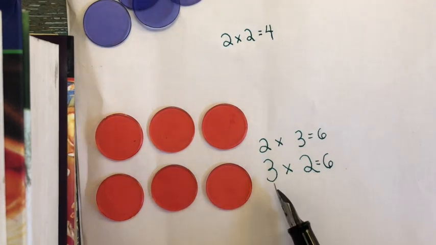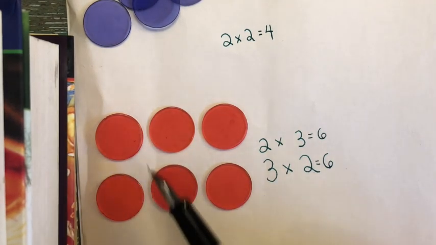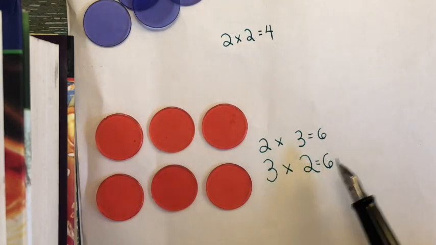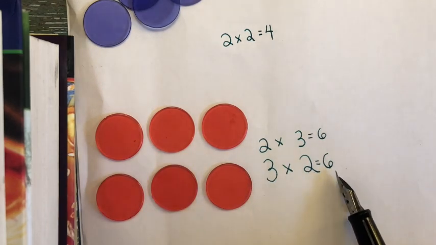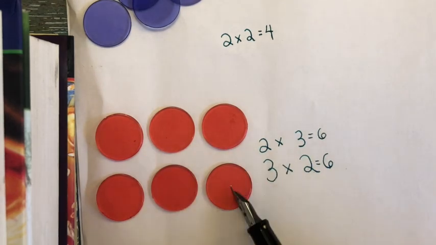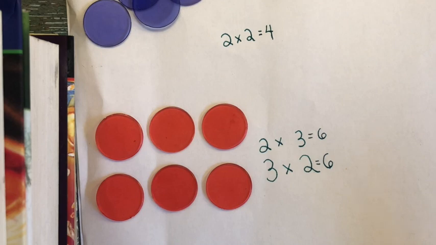On this side, you're saying I have 3 groups of 2. Okay, 1, 2, 3. And on this side of your equal sign, you're saying that is 6. Right? You have 1, 2, 3, 4, 5, 6. Now, if you wanted to move on to division, and I know I've made some of these division sentences with